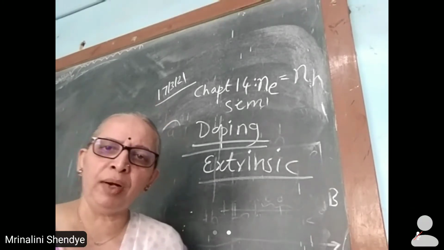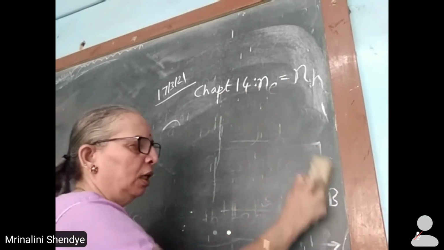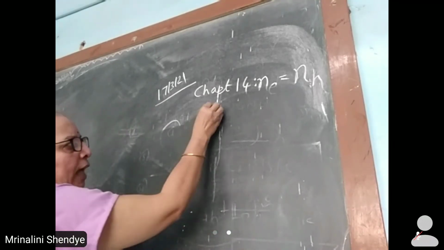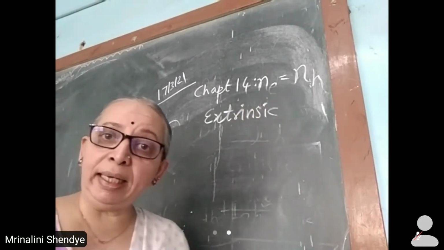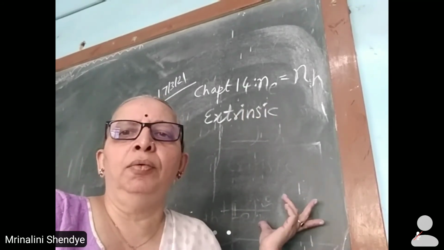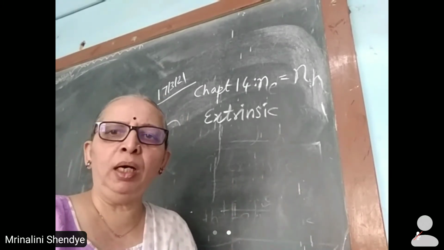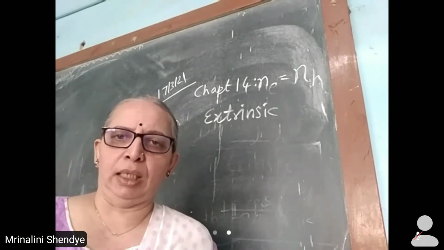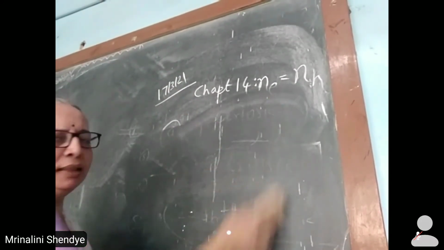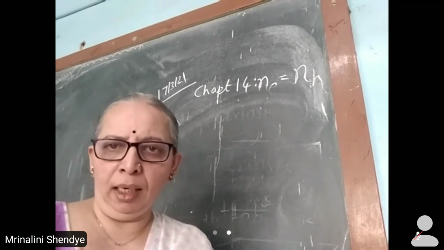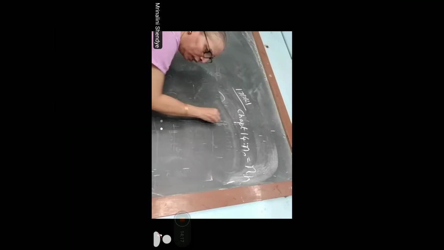So we will move further to consider extrinsic type semiconductors. Extrinsic type semiconductors have better conductivity over the intrinsic type, and they are more useful for further practical purposes. So we will switch over to extrinsic type semiconductors now. So here what happens when you prepare extrinsic type, the basic is the pure semiconductor crystal, and this pure semiconductor crystal,